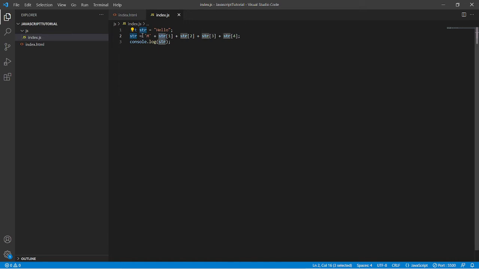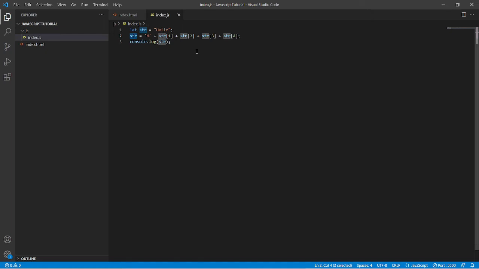And we created a whole new string and assigned it back to the str variable. So in the second line, we created a new string and did not modify the previous one, because we cannot modify in JavaScript as strings are immutable.